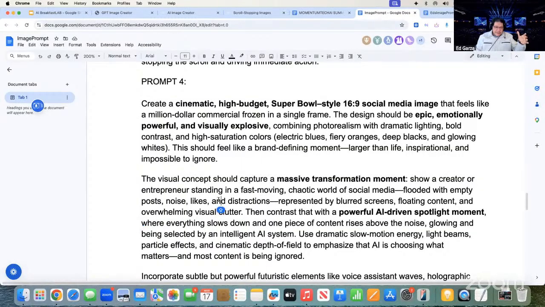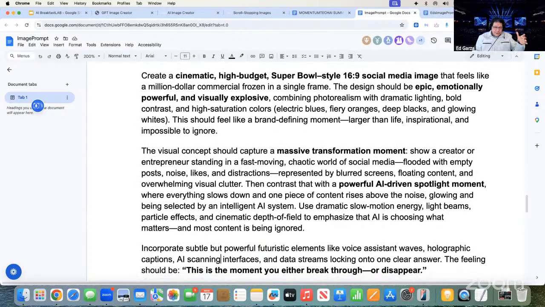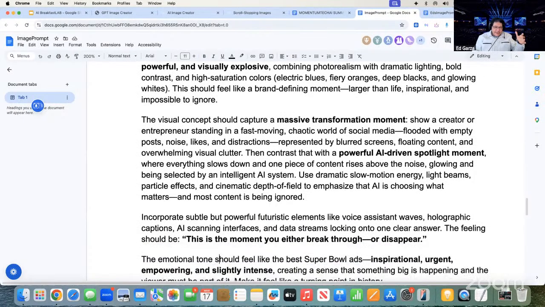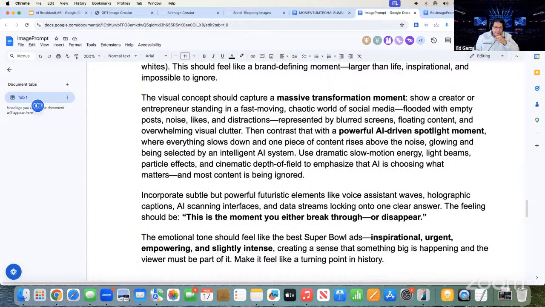The visual concept should capture a massive transformation moment, showing the creator or entrepreneur standing in a fast-moving, chaotic world of social media, flooded with empty posts, noise, likes, and distractions, represented by blurry screens, floating content, and overwhelming visual clutter. Then contrast that with a powerful AI-driven spotlight moment where everything slows down and one piece of